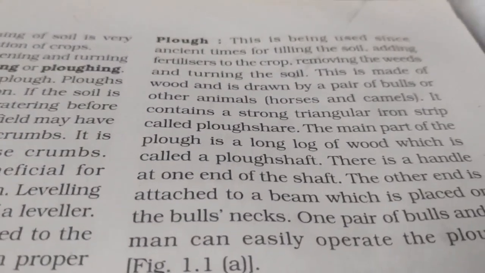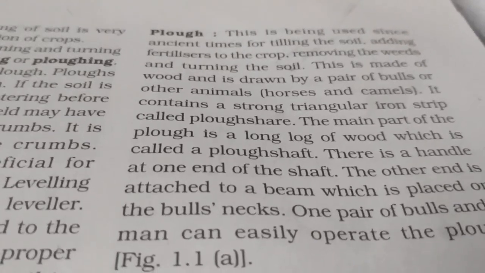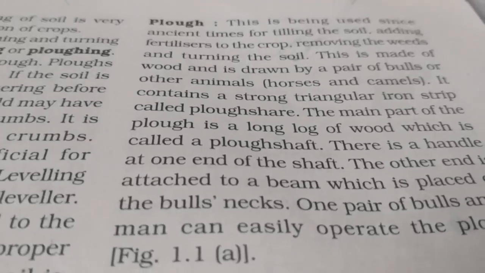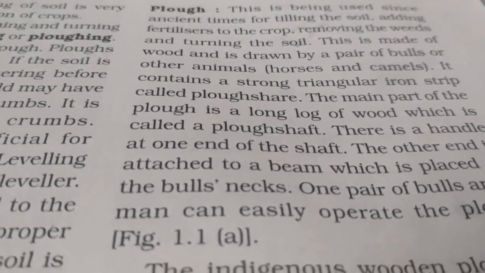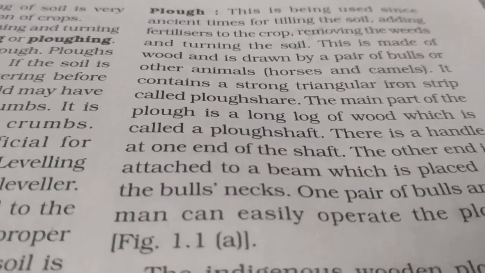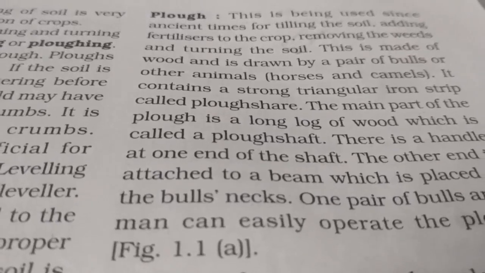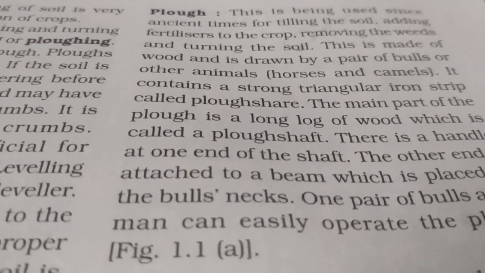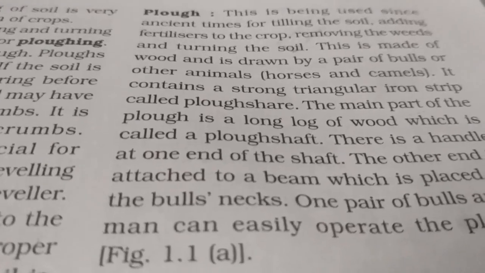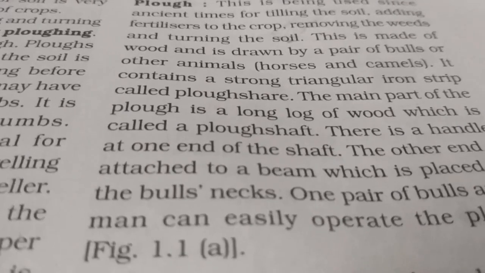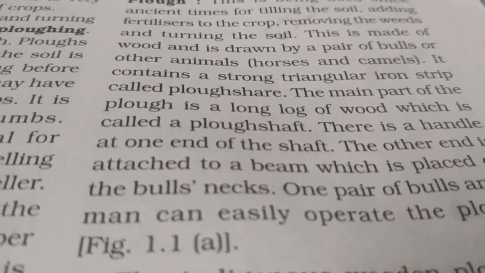Now we can discuss the structure of the plow. In the ancient time, the plow was made of wood. Now the wood is replaced with iron, and it is drawn by a pair of bulls or other animals like horses or camels. These types of animals were used for drawing this plow. The plow contains a strong triangular iron part, which is known as the plow-share,